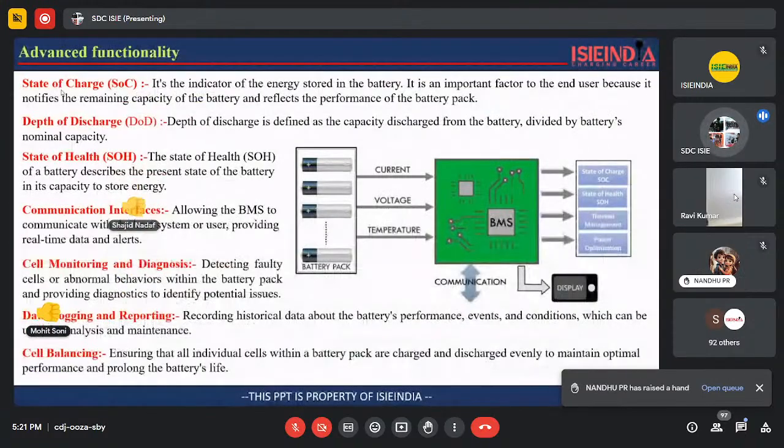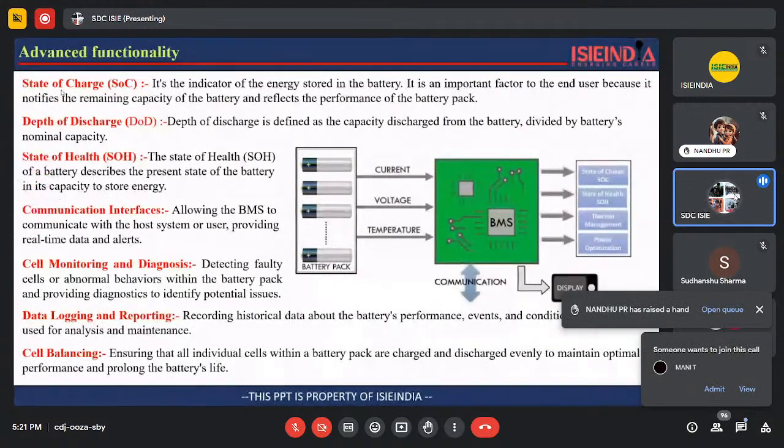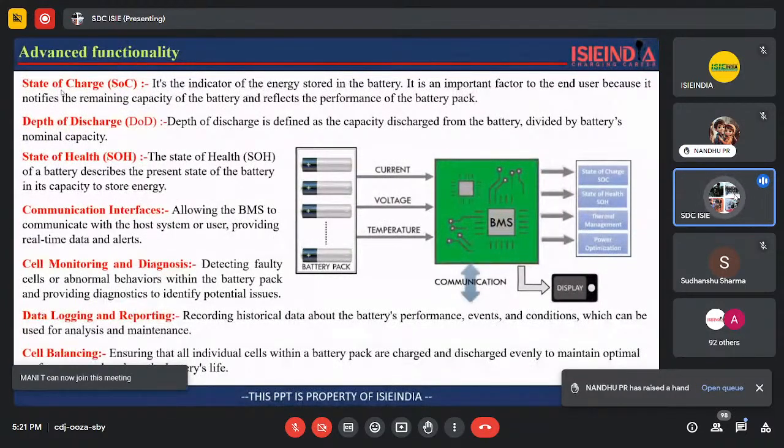Okay. So I'm going with the advanced functionality, which we can also call the functionality of the smart BMS. The sensors measure current, voltage, and temperatures, and they report that data to the BMS, and the BMS can evaluate that data and show the SOC, thermal management, and optimization of power. They can convert the data into high level language through CAN communications, or for small vehicles, we can also see it in configurations through an IoT cloud base or a Bluetooth base. We can cover that topic also. But we will start with the